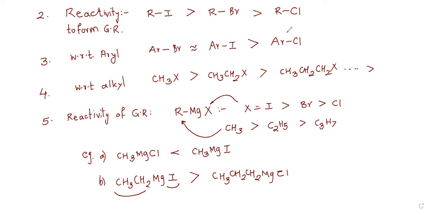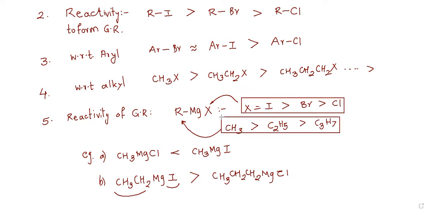Sir, in the last example, if the one with iodine has the bigger carbon chain, do we first consider iodine? Yes, halogen and then the carbon chains. That depends on the example, but usually first halogen is to be considered and then the carbon atoms, because reactivity is decided first by halogen, then by the alkyl group. So, sir, if the right hand side of example B was CH3MgCl, which will be greater? The iodine one only? Yes. So always, for reactivity, halogen is to be considered first, and the alkyl group second.